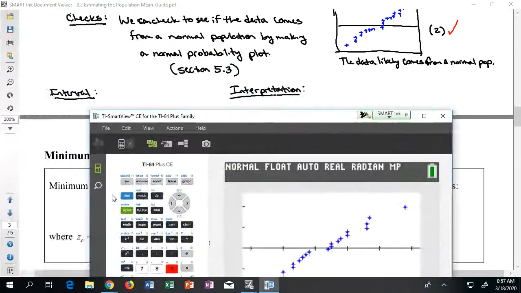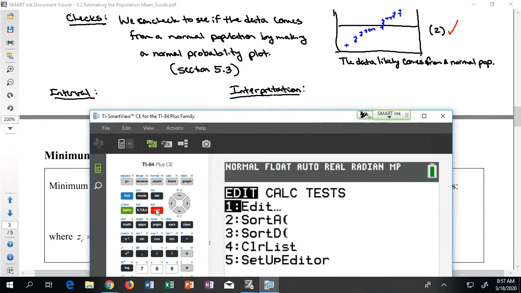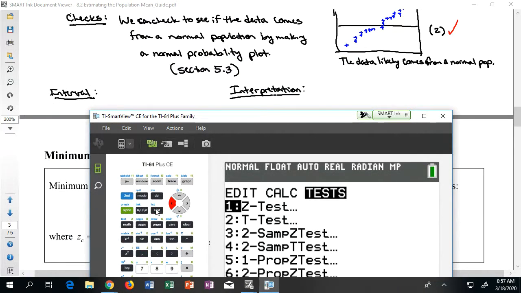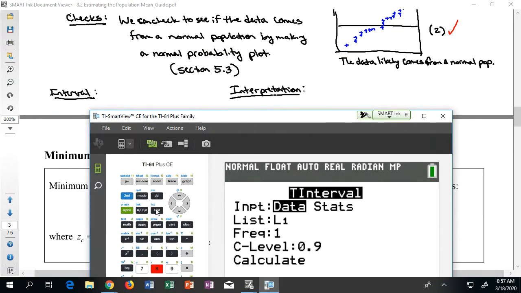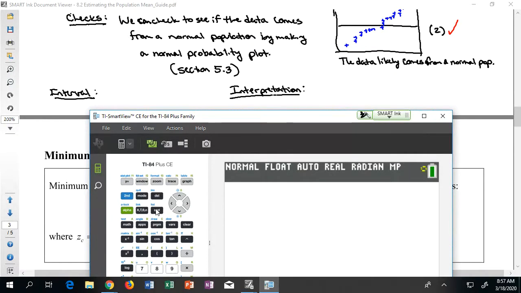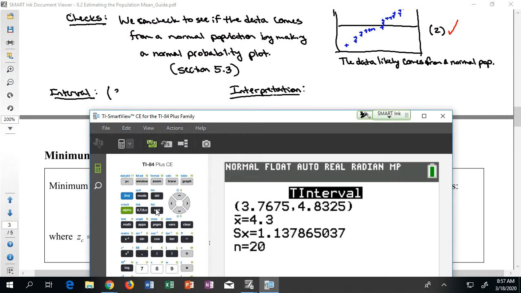I'm going to go back to stat, tests. I'm going to go to my t-test. I have all my information sitting in here. I'm told, though, that I want to construct a 95% confidence interval, so I'm going to have to change that to 95 and run. So I get 3.7675 to